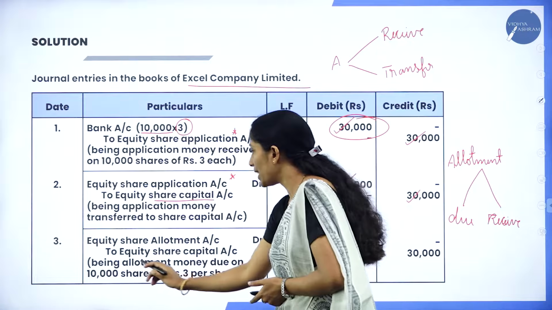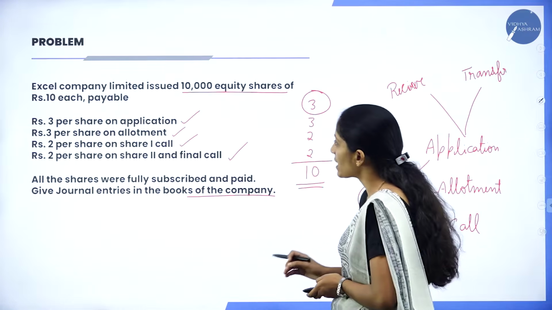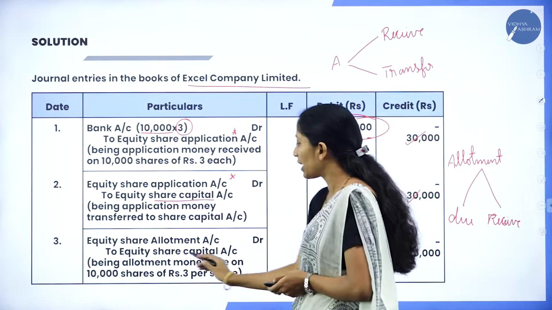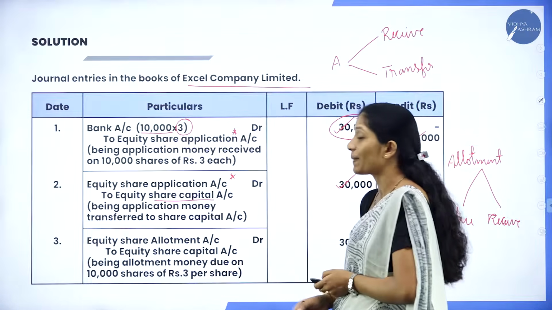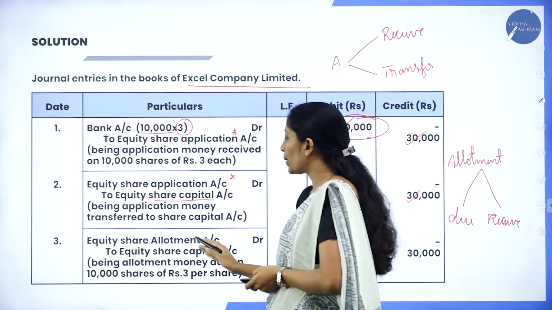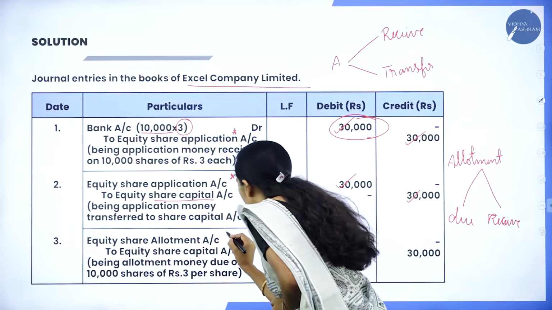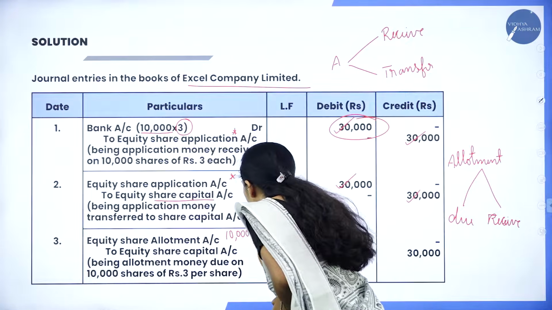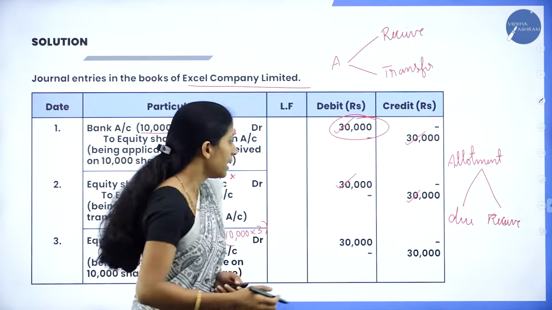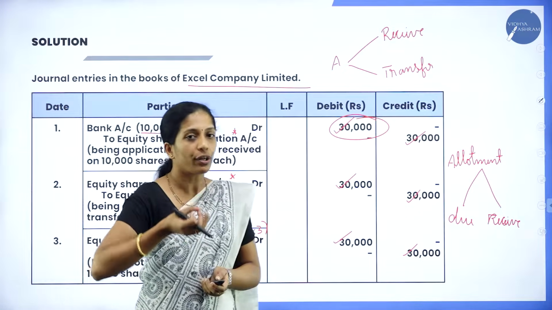Write the narration: being allotment money due on 10,000 shares. That is the number of shares. And what is the allotment money? That is rupees 3 per share. So, how do you write? Being allotment money due on 10,000 shares of rupees 3 per share. So, this is a due entry. What is the due entry? Equity share allotment account debit to equity share capital account. So, what would be the amount? 10,000 is the number of shares and the allotment money is 3. 10,000 into 3. So, how much you will get? That is 30,000. So, your due entry is done. Next, you are going to receive the